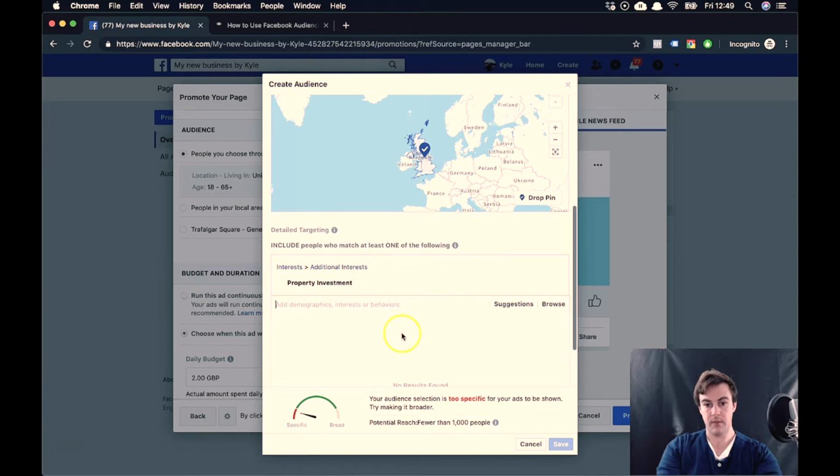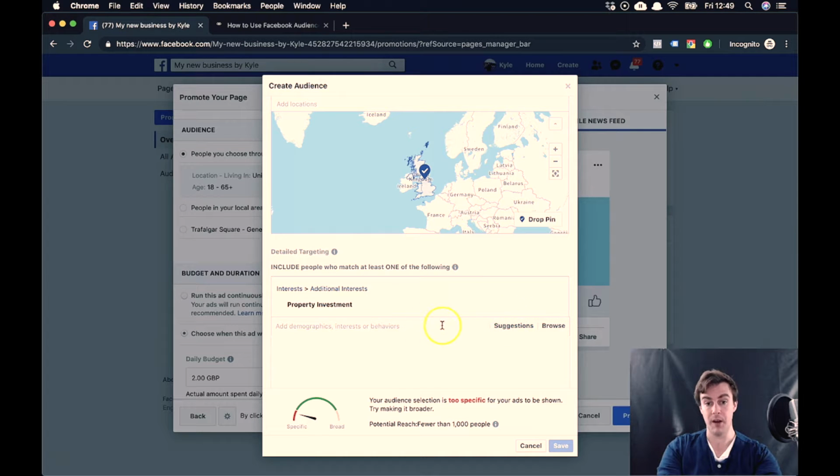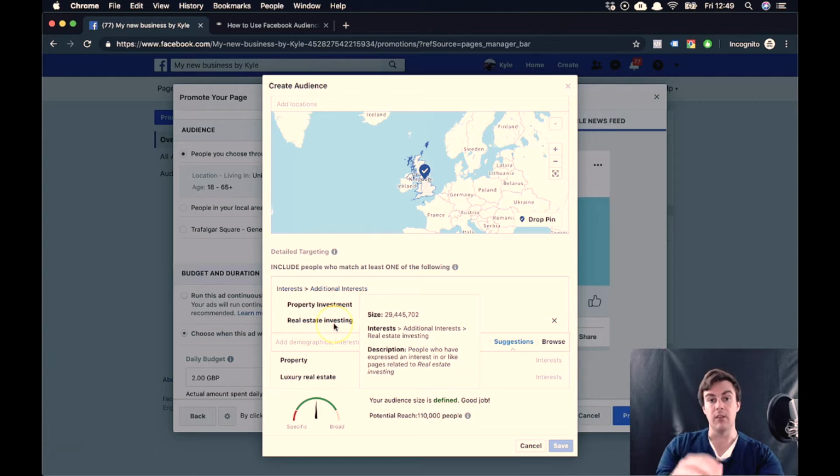So property investment. So this is going to be extremely specific, but what we're then going to do is click on suggestions, because property investment might not be the way Facebook necessarily classifies this interest. I think it's going to be real estate investing. There we go, because American language is used a lot more on Facebook. So they're still in the UK. You can see the geographic targeting here. But even so, the majority of people are using the terminology real estate investment instead of property investment, which is